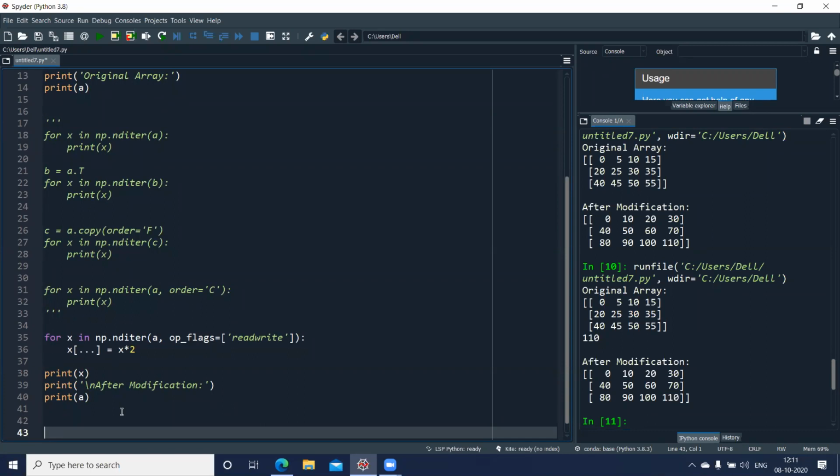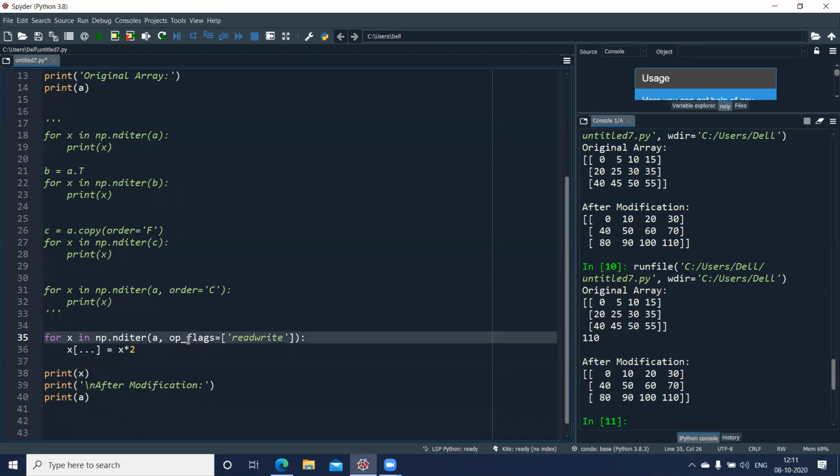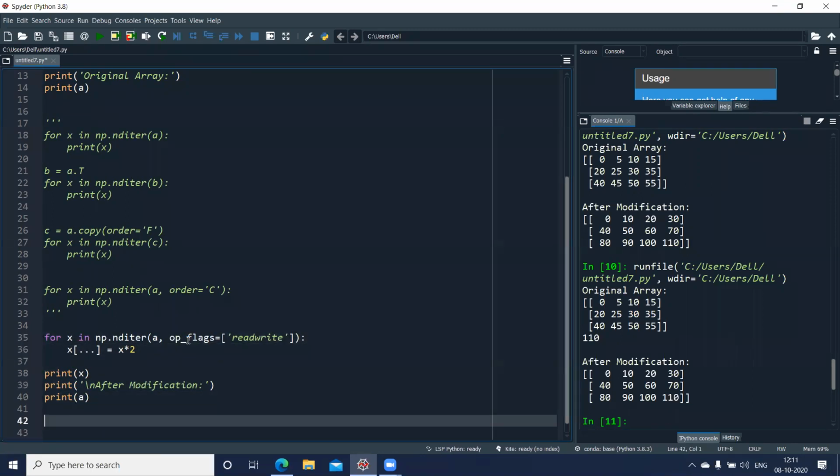So what I can do is, instead of using op_flags, I can make a change here and use only the parameter flags and assign the options. What are the different options? I won't change this one, control set. I'll just write down the options for flags which can be assigned.